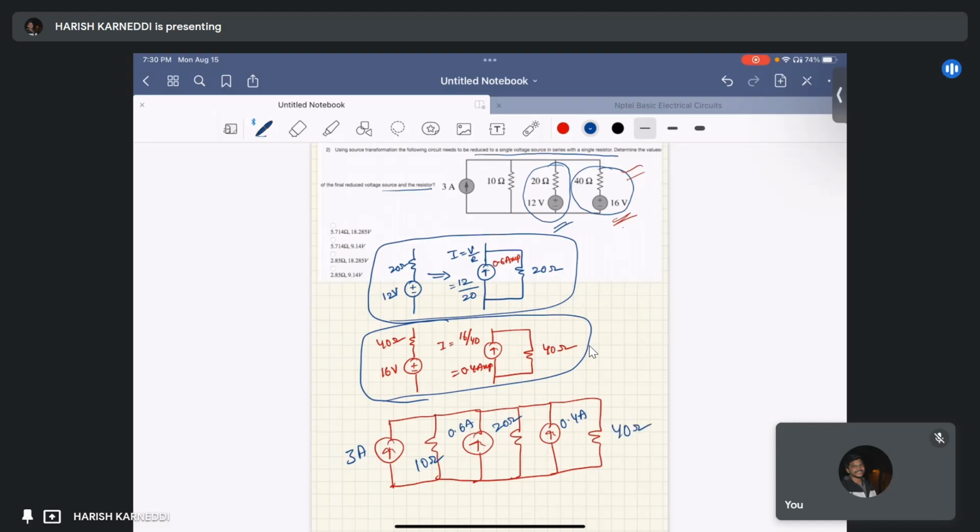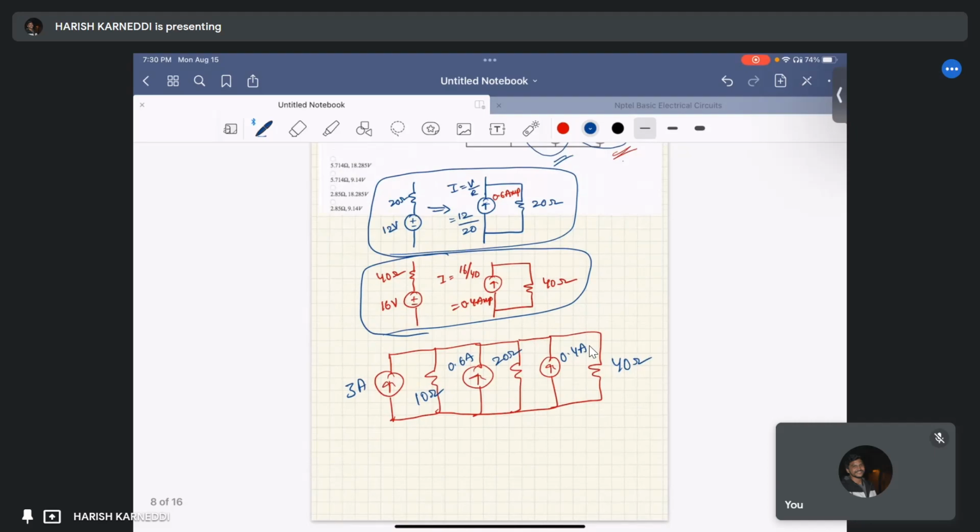parallel with 40 ohm. Here we can observe that the 10 ohm resistor, 20 ohm resistor and 40 ohm resistor are connected in parallel. So the R equivalent, that is 1 by R equivalent, we can write like this: 1 by 10 ohm plus 1 by 20 ohm plus 1 by 40. Okay, the LCM is 40, and here it is 4, here it is 2, here it is 1. So 4 plus 2 plus 1, it is,